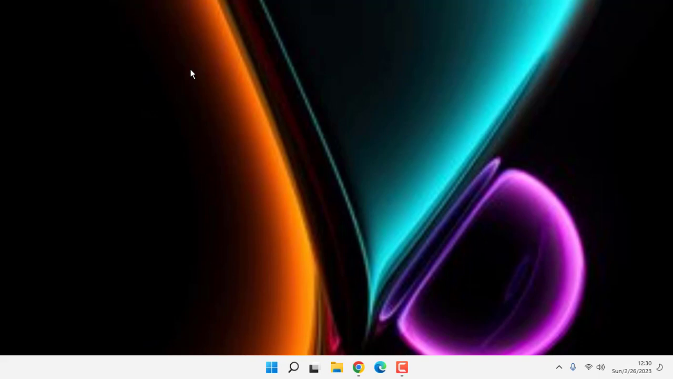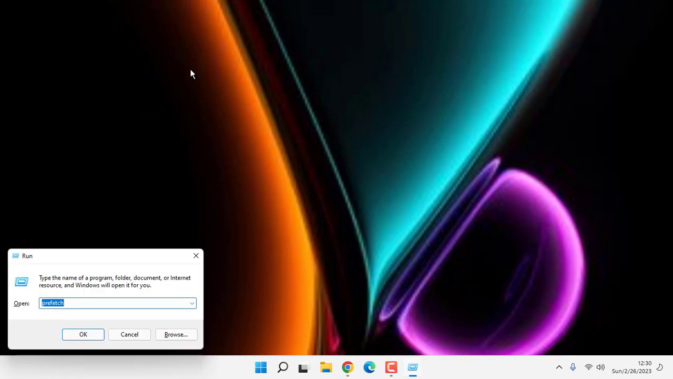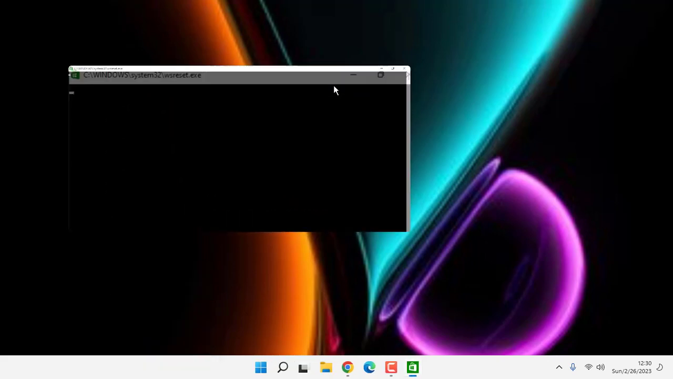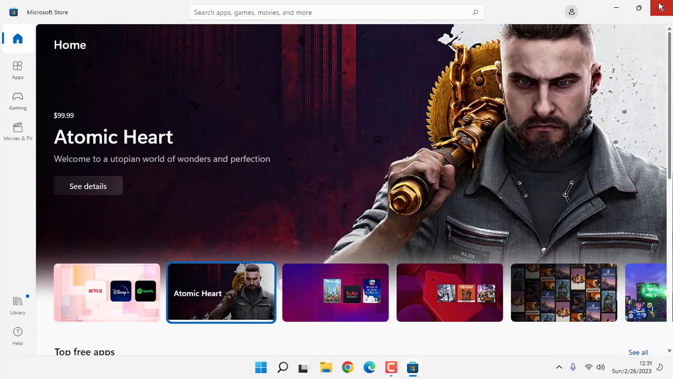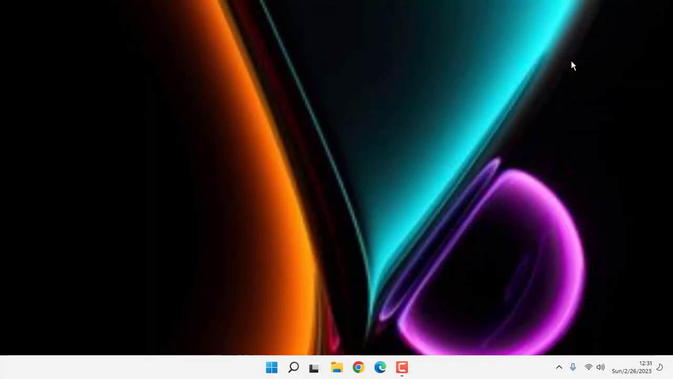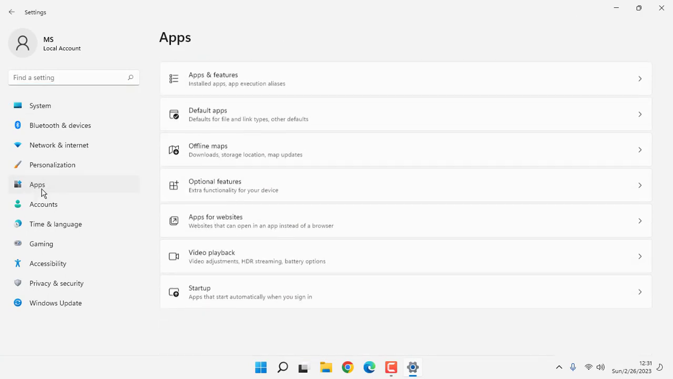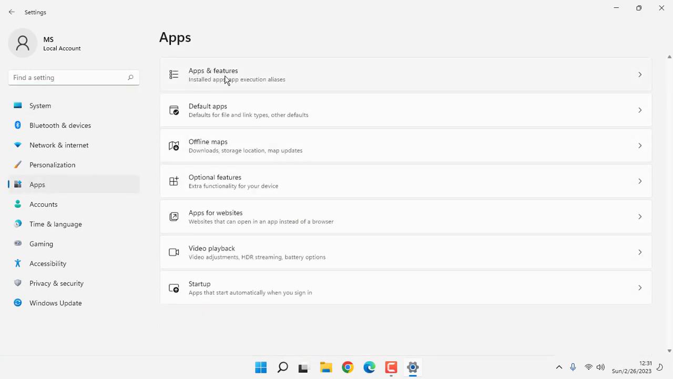Guys, first of all open your Run command, then type here wsreset.exe, then click on OK. Wait for some time, then close this window. Open your Windows settings, click on Apps and features,